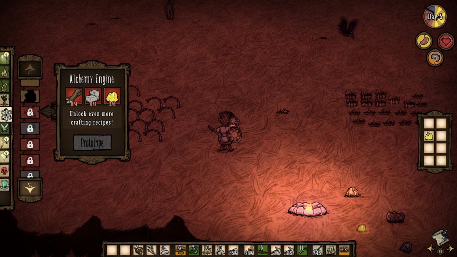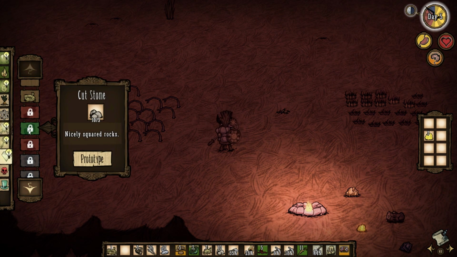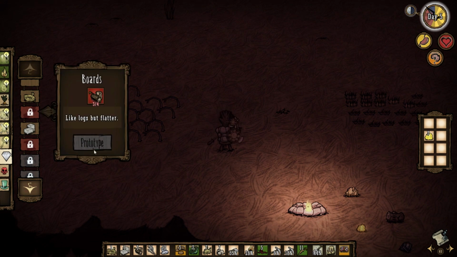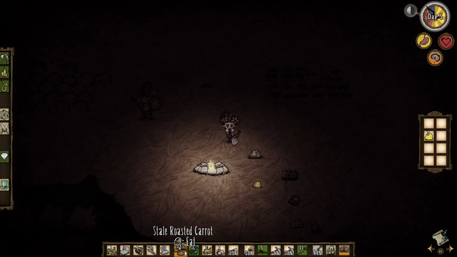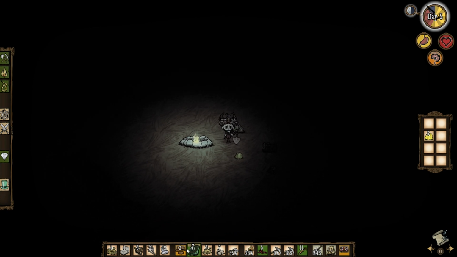So I'm gonna need refined. Yeah, we can do that. Oh, I don't think I have enough stone. Don't think I have enough stone. But oh well. There we have it. So that's 5 days in to Don't Starve. If we take a little look around, we have